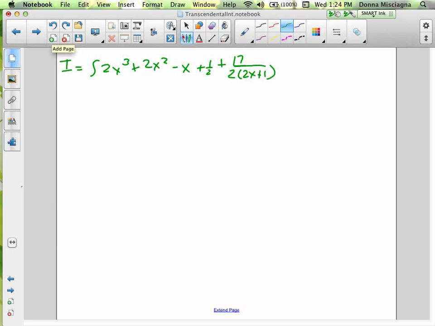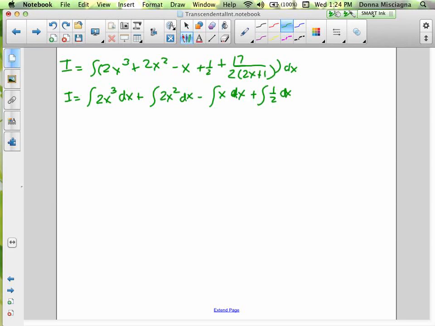Dividing by 2x plus 1 is the same as multiplying by 1 over 2x plus 1. So we can simplify it like that, right? And so let's split this. So our integral equals 2x cubed dx plus 2x squared dx minus x dx plus 1/2